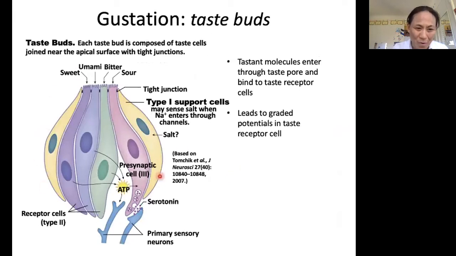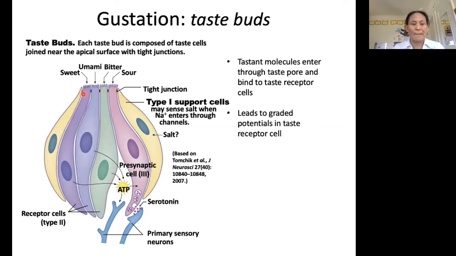Here's a cartoon form of a taste bud. A taste bud usually has about 50 to 100 of these epithelial cells in them, our taste receptor cells. But for simplicity, only a few are shown in this picture. There are these epithelial cells here, they're bundled together. A couple features that I want to draw your attention to up here are, one, we have these microvilli at the tips of each of these cells to increase contact with the saliva and any tastant molecules that we might have there. We've also got these tight junctions here